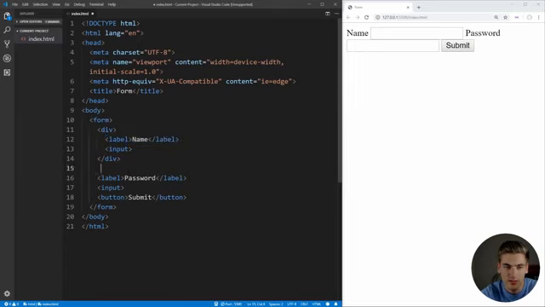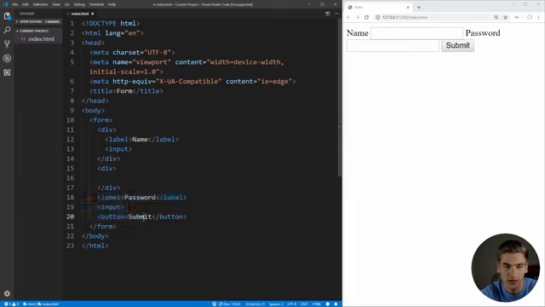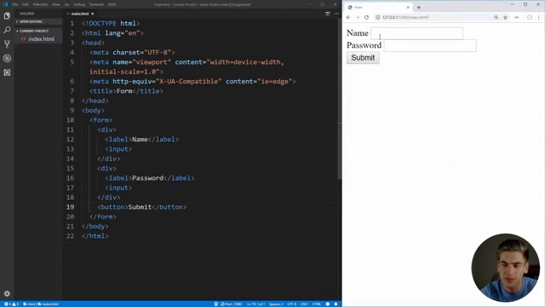And we can do the exact same thing down here with our password. Let's create another div to wrap our password element in. Copy this, paste it in there. And when we save, you see it populates over here on new lines. Now we can enter name information, password information, and click submit, and you'll see it'll submit it to the page